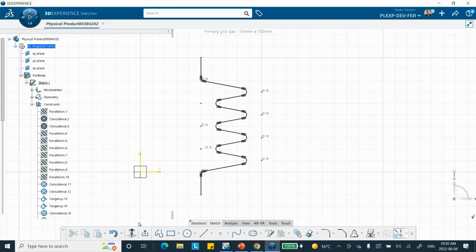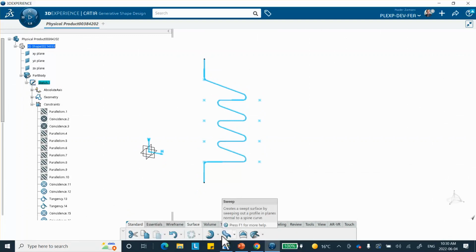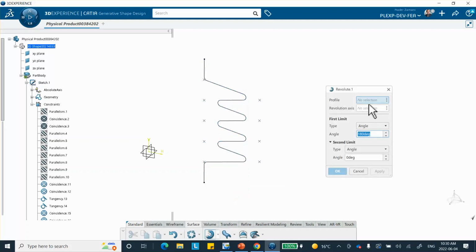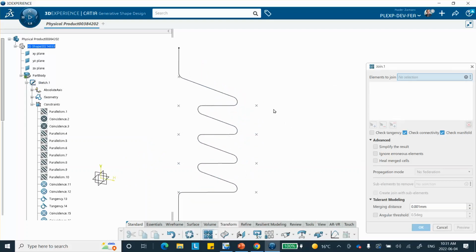Now when we exit, we can actually revolve this thing about the z-axis, global z-axis, to get the bellow that we want. So let's go ahead and select the surface under revolve right here, extrude revolve, and notice that I cannot select them. You can do this one by one. The faster way of doing this is to join these, and then you can revolve at the same time. So if you go to the feature transform, I believe is there, join, and patiently pick these pieces,